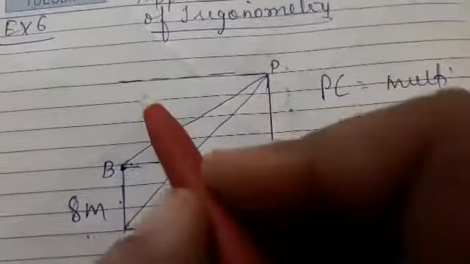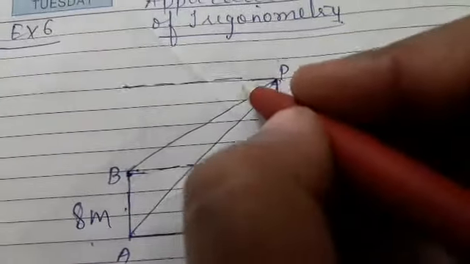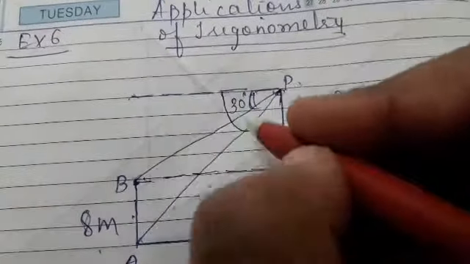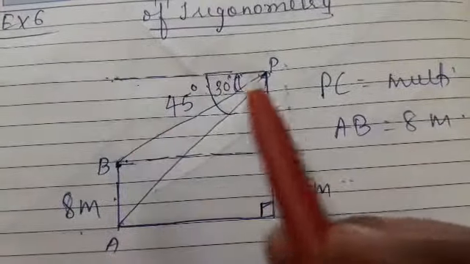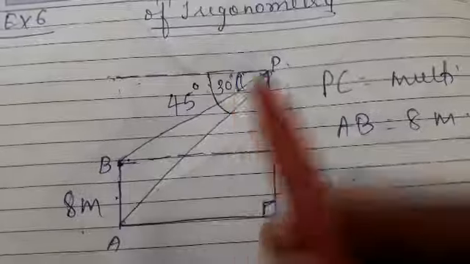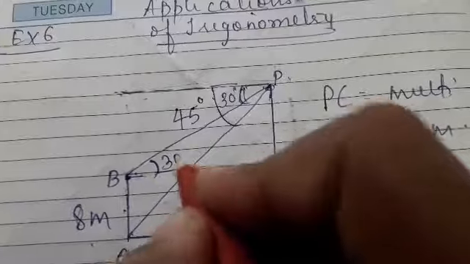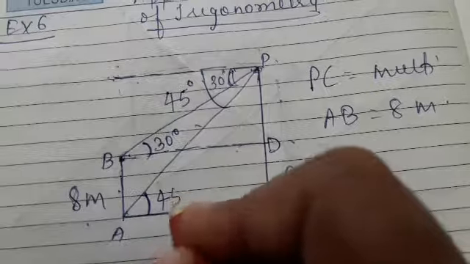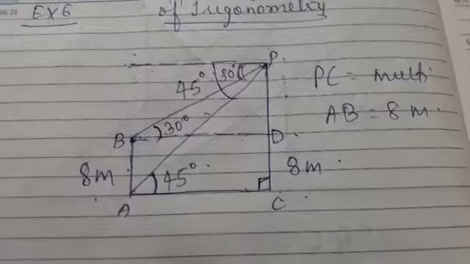Fine. Now the angle which is formed from this top point P to the top, that is point B, is how much? 30 degree. And the angle which is formed from point P to the base of the building is how much? 45 degree. This is given in the question. Now as you know that these lines are parallel, this angle 30 degree, if I take the alternate interior angles, this angle will be 30 degree, and respectively angle PAC will also be 45 degree, by the alternate interior angle property, right?